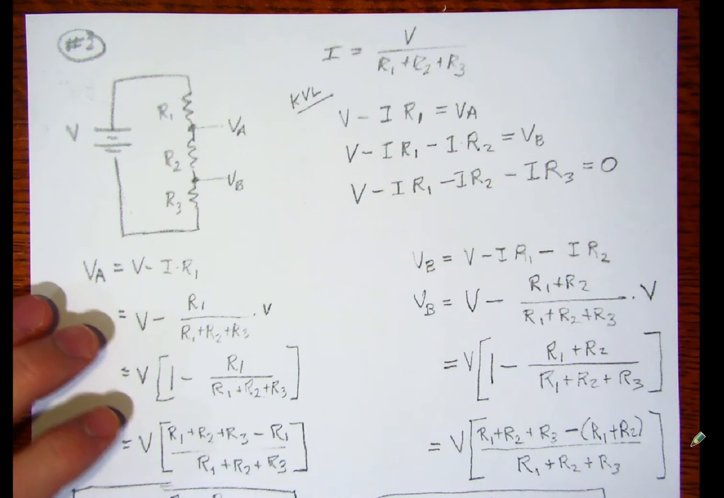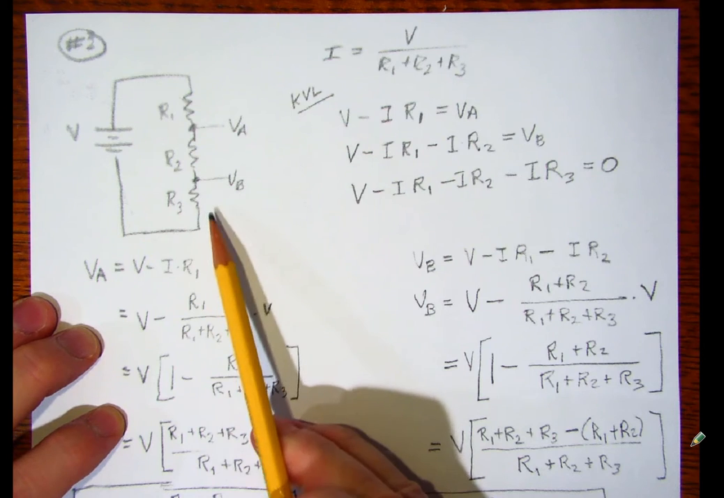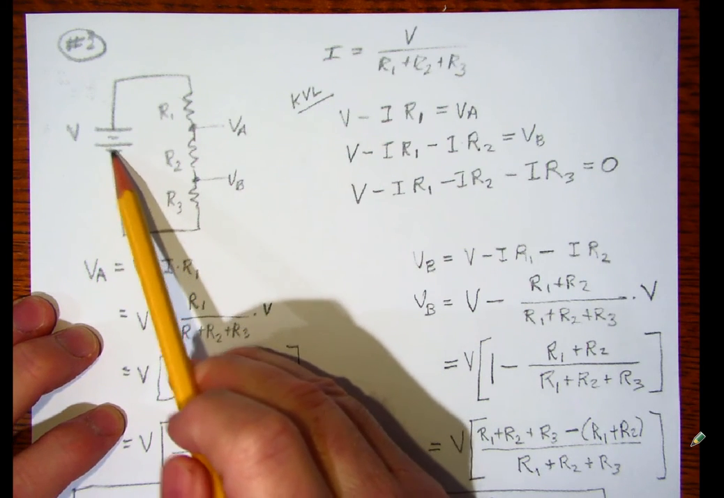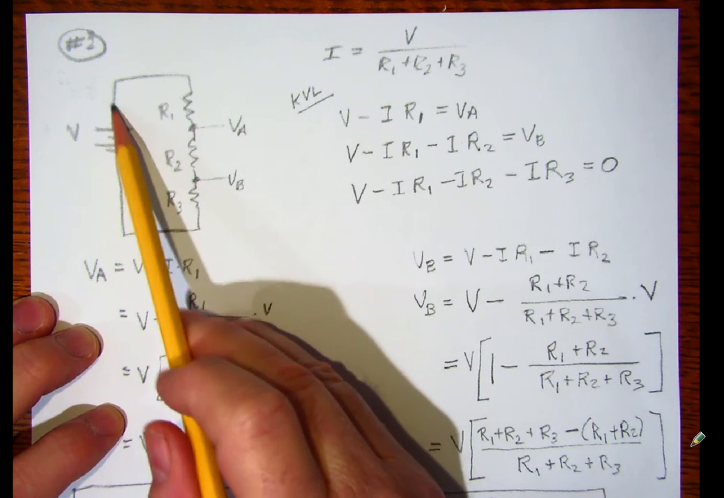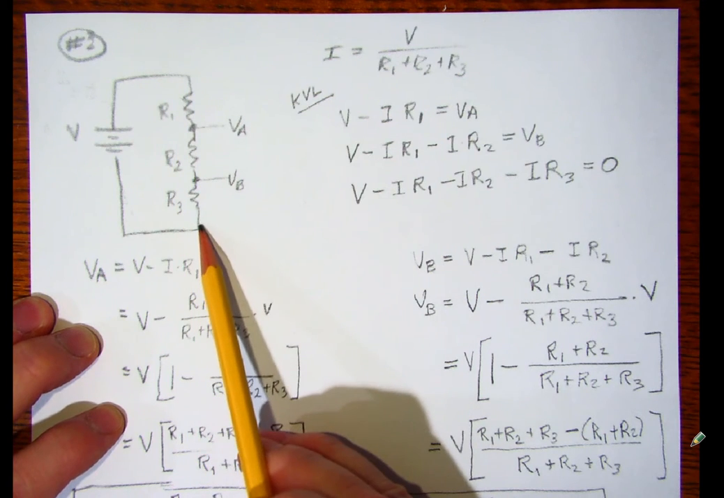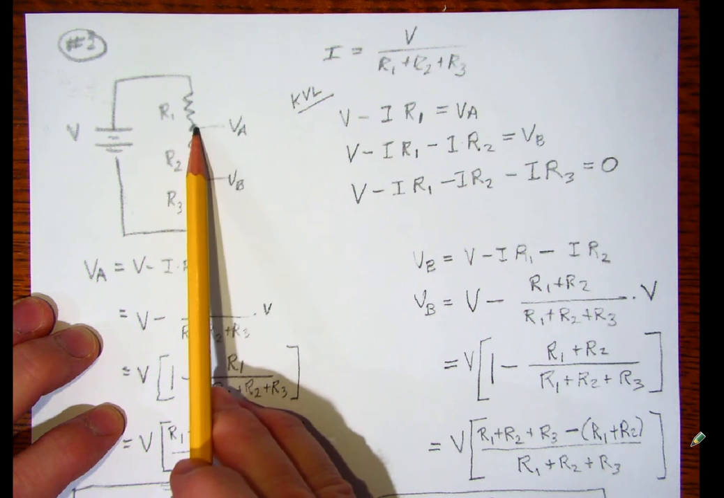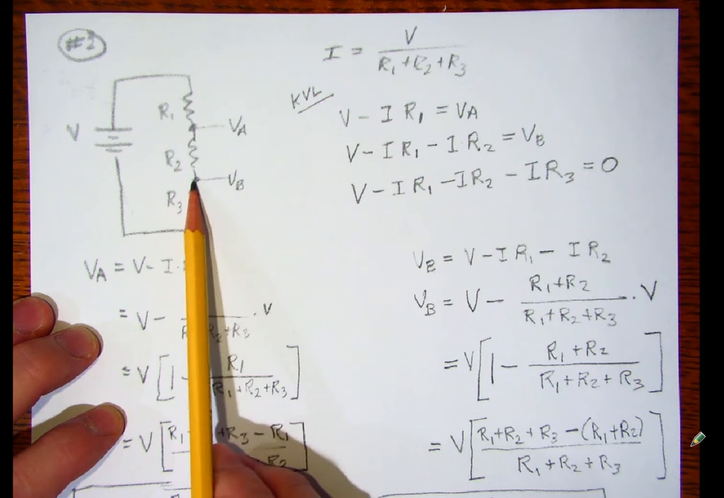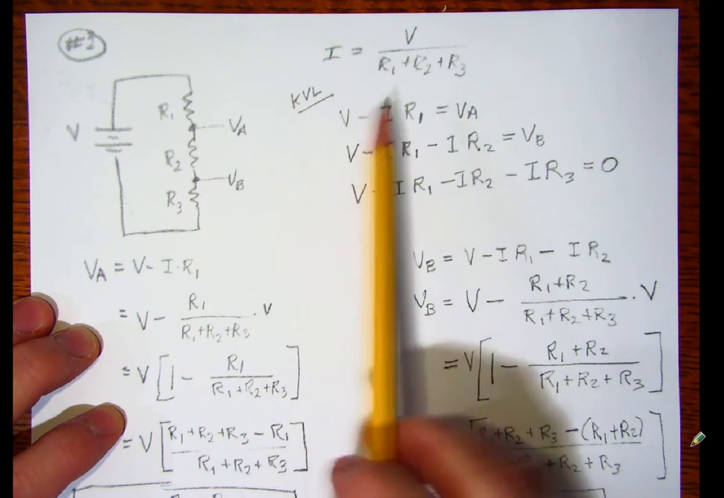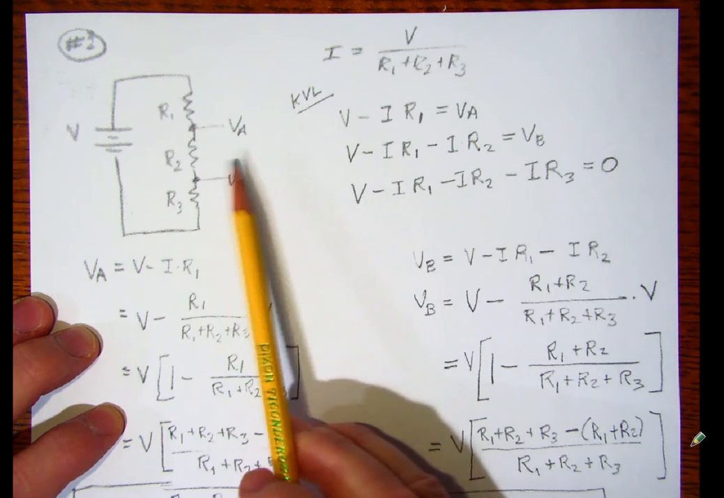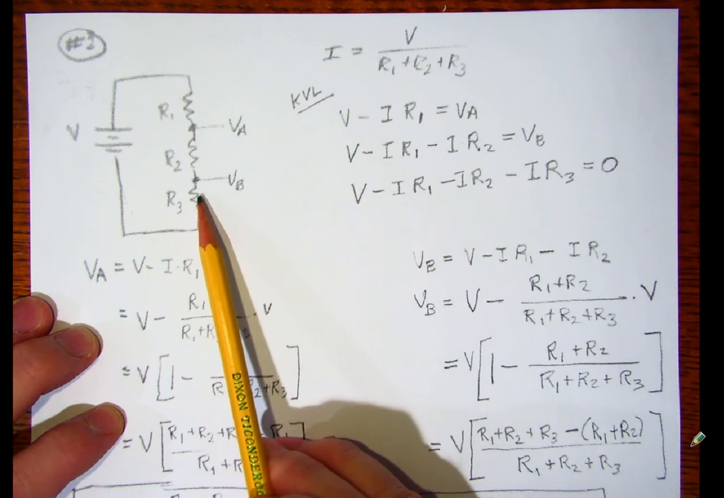This is problem 2 of our assignment on voltage dividers. So we have our circuit here, we have a battery V, and we just go through the three series resistors R1, R2, R3, and we want to find out what the voltage at this point in the circuit is, VA, and this point, VB. And the standard way to do this is to find the effective resistance, which is R1